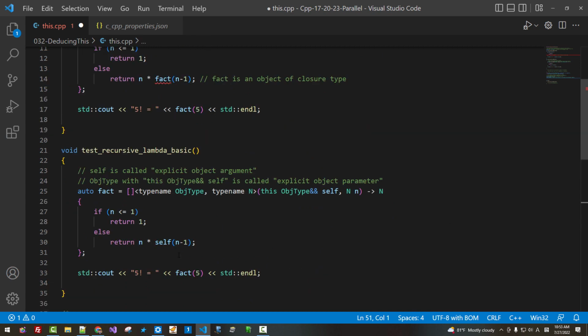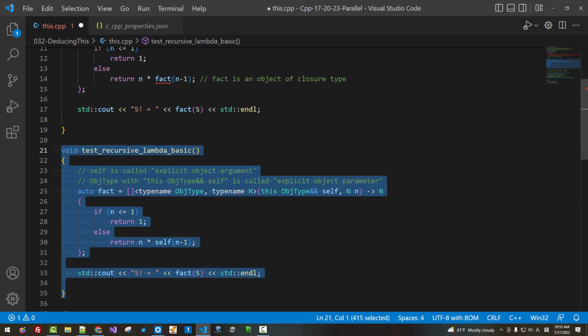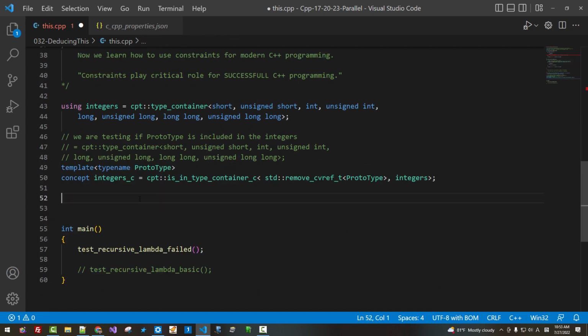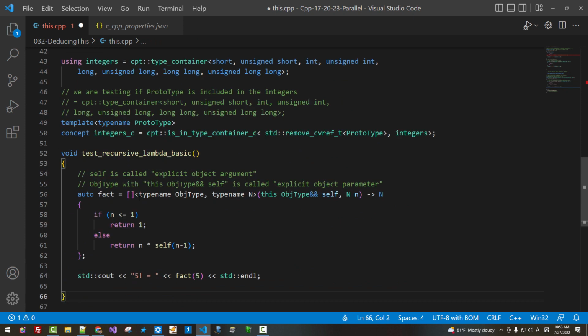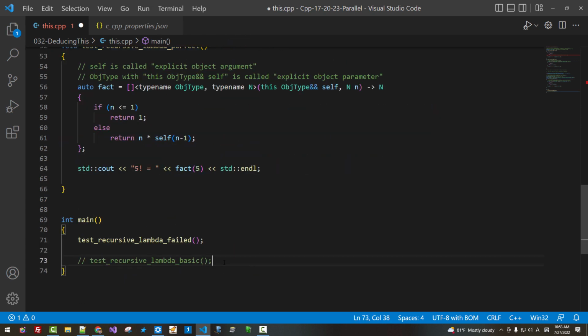Now copy this, paste it here. Test recursive lambda perfect. Copy this, paste it here,